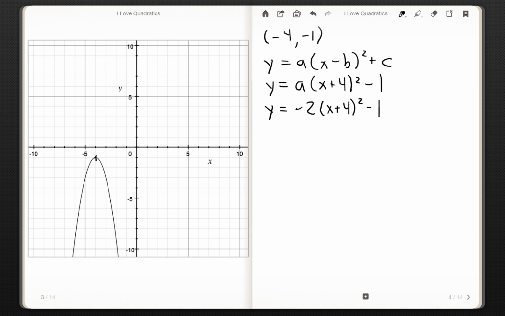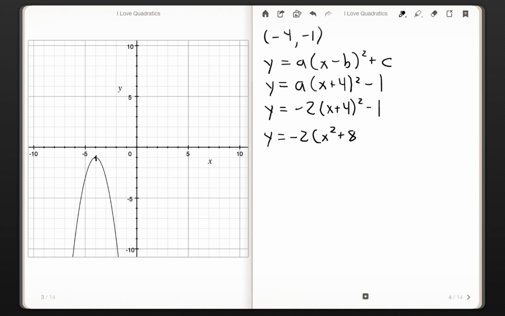Because if we keep going, we should see that since the standard pattern is 1, 3, 5, the pattern here should be -2, -6, -10. The whole thing multiplied by a of -2. So we should go down by 2, then down by 6, and we can see right there that we do indeed go down by 6. So a is -2. Now if we want to convert this to standard form,